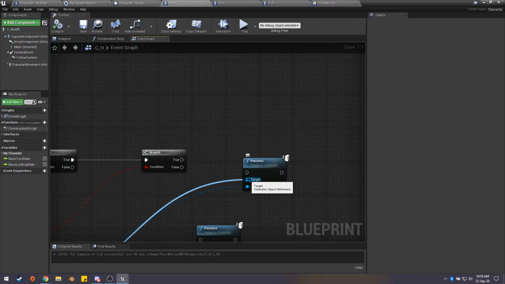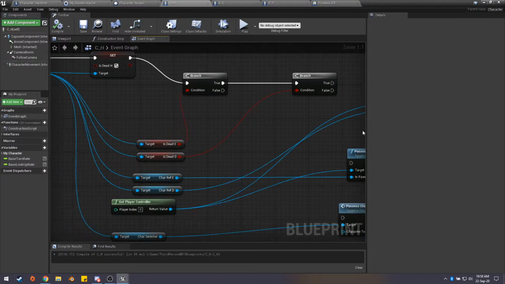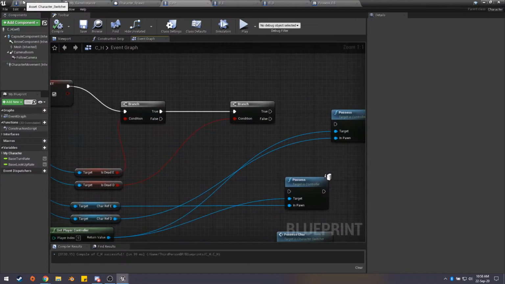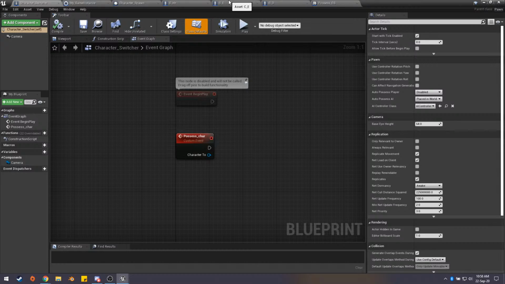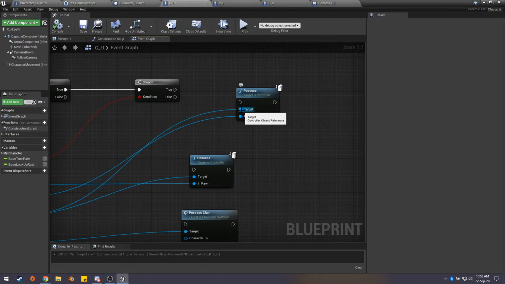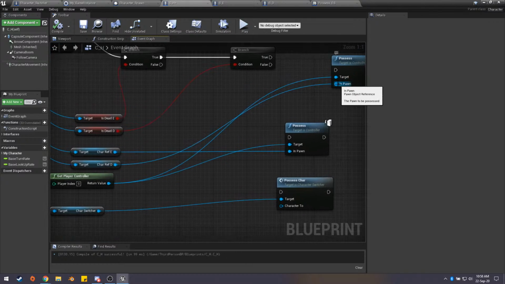One is of the type controller object reference, and one is of the type character or pawn object reference, which is fine, but when you actually go into this, you don't know from which thing it is coming, right? And to actually possess it, wait a second. So the possess has a controller object reference and a pawn object reference. The pawn object reference is actually